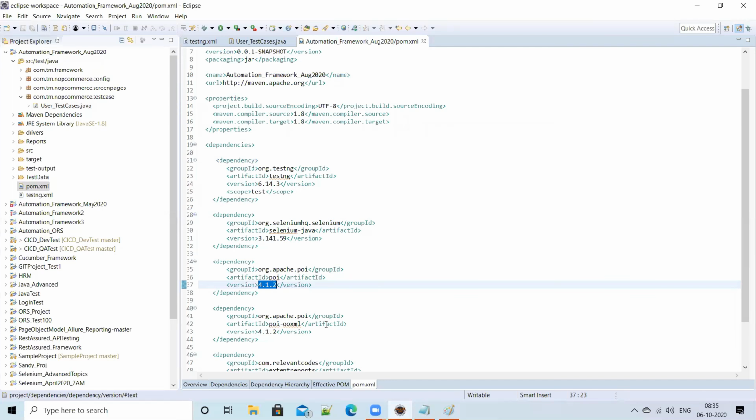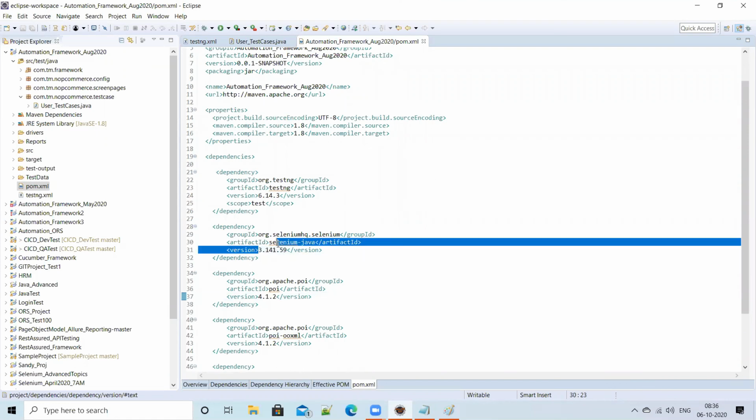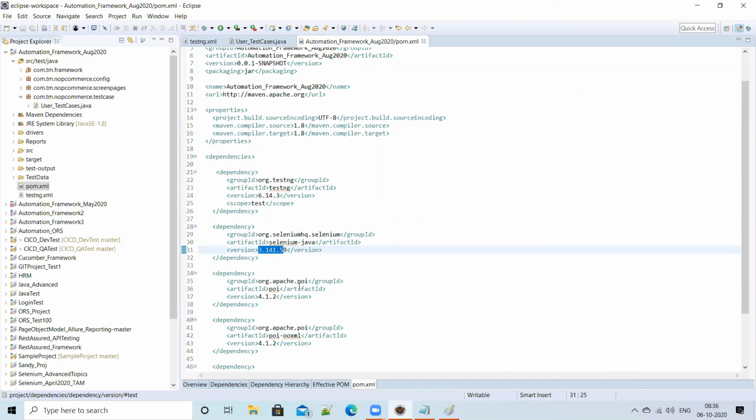That's it. Okay. So if you want to change your Selenium, what do you do? You just go and change the Selenium version. Here is the Selenium version you are using, right? You want to use 4.0. Yes, you just go and modify it here to 4.0. That's it. Automatically, Maven will load the latest versions of the Selenium libraries. So that is another advantage, definitely, right?